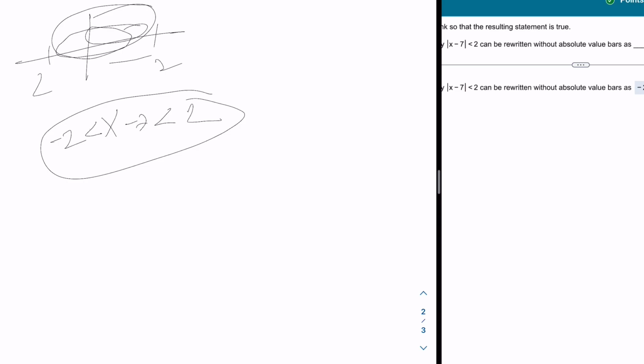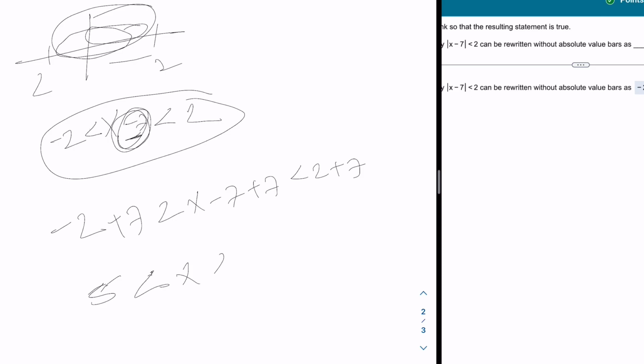But if someone says to solve for the value of x, then we have to go for excluding these middle parts. Here is minus 7, so we will be adding plus 7 on all the sides. Minus 7 plus 7, plus 7. Now we have 5... Oh, sorry, 7 plus 2 is 9. Oops, my mistake. 9. So the value of x is greater than